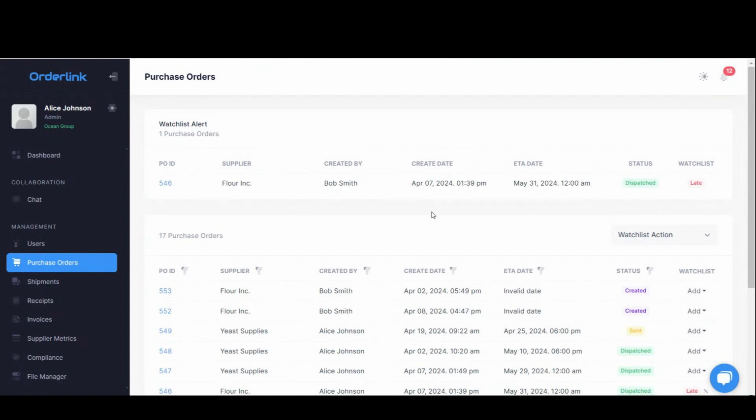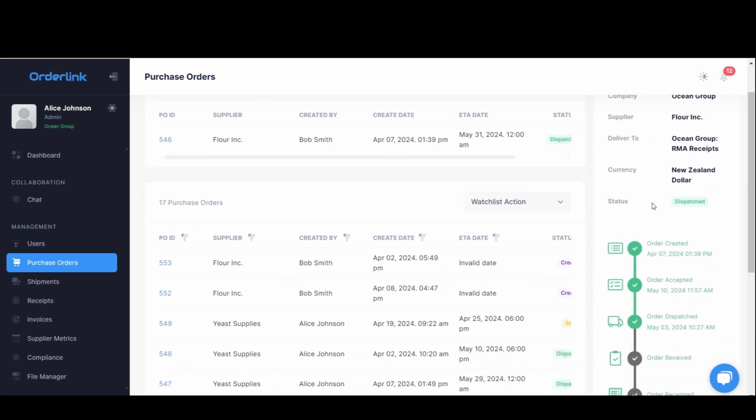On this dashboard, you can see all of your open and current purchase orders. You can see what the purchase order number is, the supplier, and other relevant purchase order information. We do integrate with our customers' ERPs, so all of this data is coming live from your ERP. You don't have to key it in manually. If we click on the PO ID here,